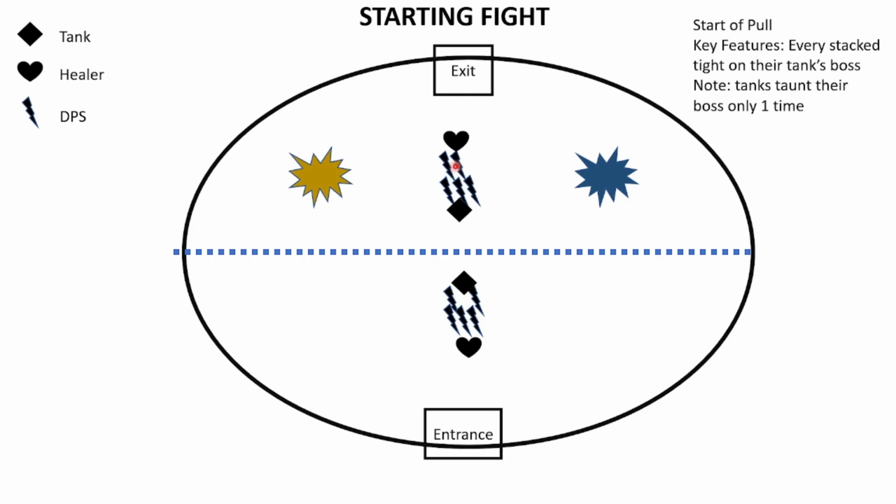Tanks are going to taunt their boss one time. This is to prevent over taunting. So each tank is going to aim for the boss on their right while they're facing the center. So this tank is facing the center. The boss on their right is going to be the blue or dark-headed boss. This tank facing the center, on their right is going to be the light-headed boss. So upon taunting,